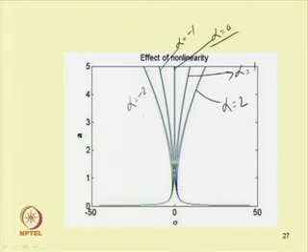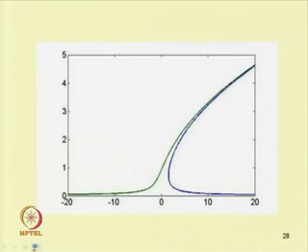and for alpha equal to these negative values, it behaves as a soft spring, or for alpha equal to positive values it behaves as a hard spring. So, we have these different types of response. One can also study the stability of these systems, and for this, taking one case,